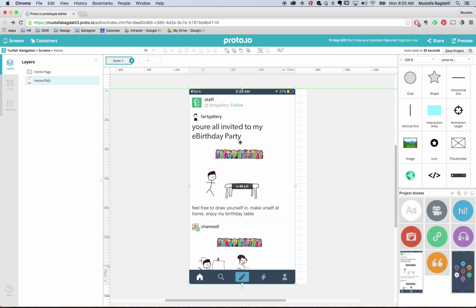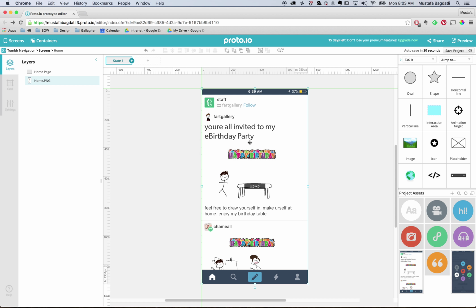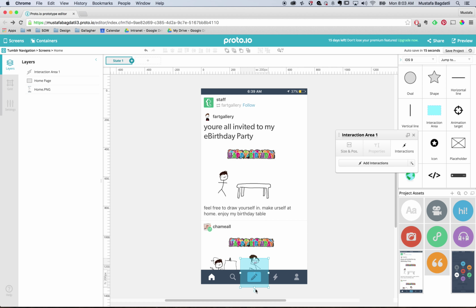You can move this around, so for my purposes I need to center this right here. From here, what we're going to do in the navigation system of Tumblr, we're asking users to click on right here. So we're going to put an interaction area right at the bottom. We're going to select add interactions, and we are saying that if the user taps on this area, we need